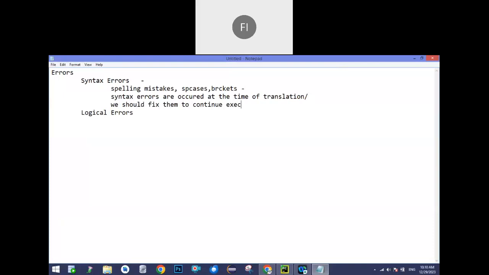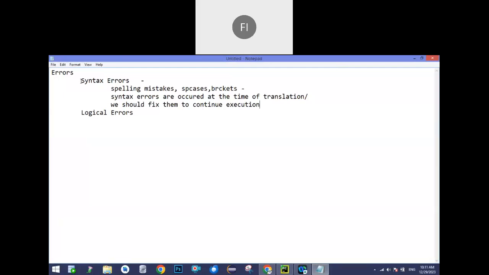That is the basic limitation, a kind of blocker. If you're not able to fix the syntax errors, you're not able to proceed for execution. That is what technically we call an error-free program. If you have errors in the program, definitely we won't get any output.